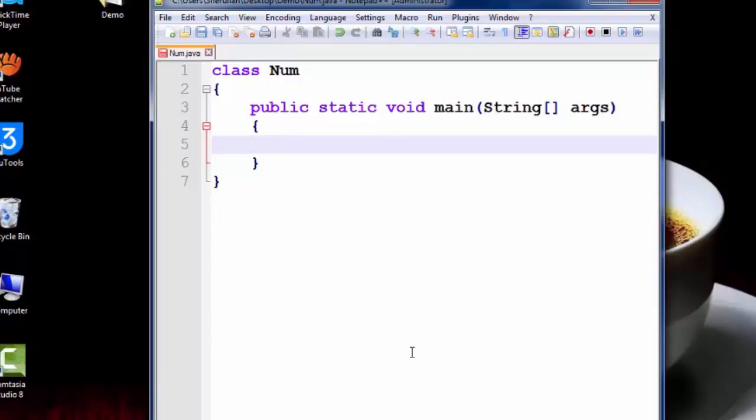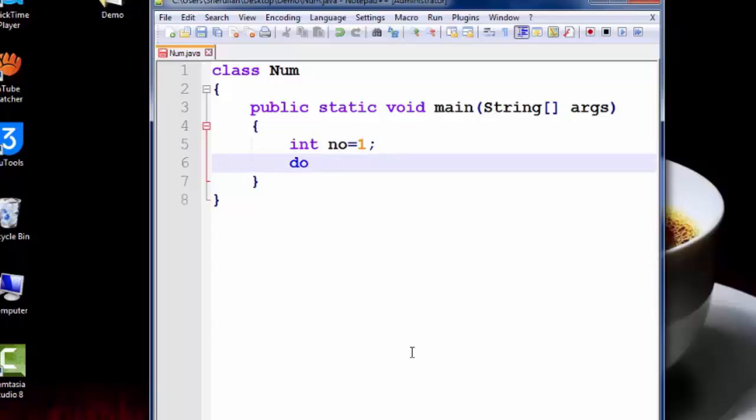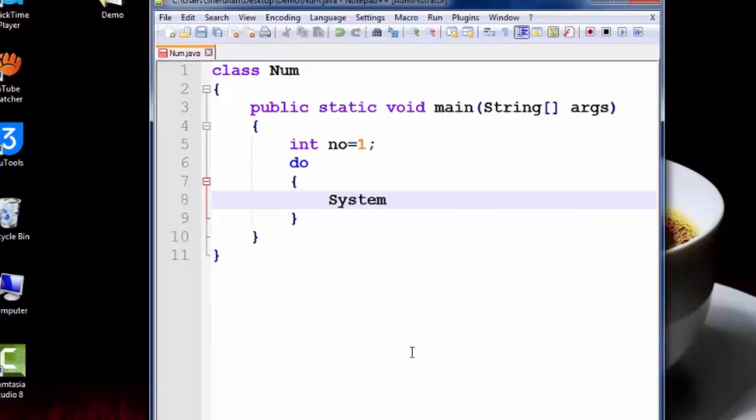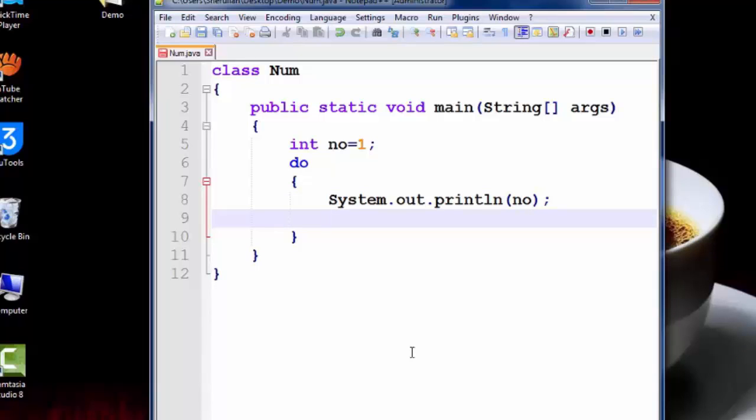Declare variable integer num, assign value 1, do, so print number,